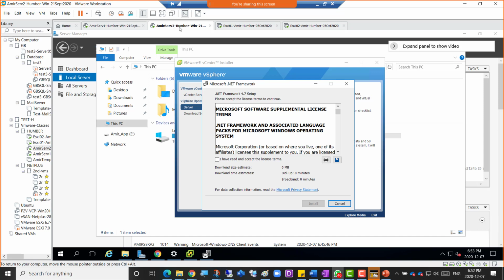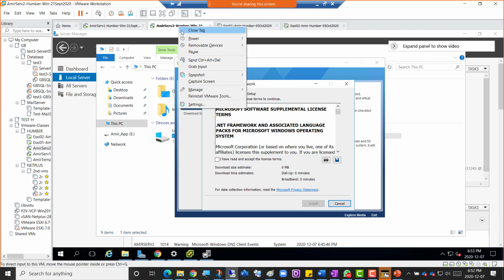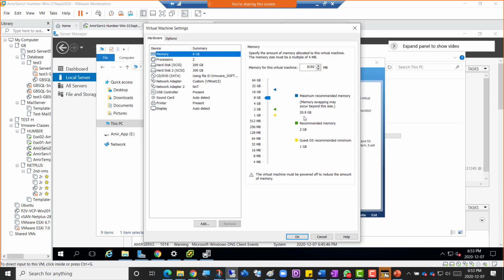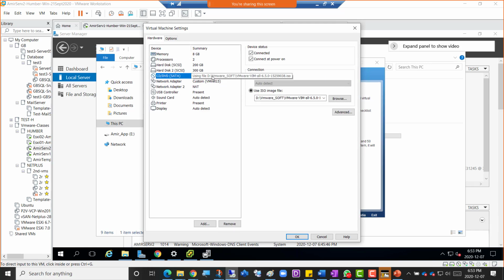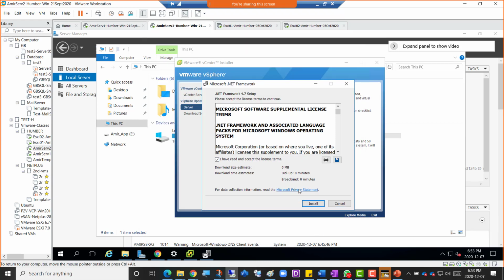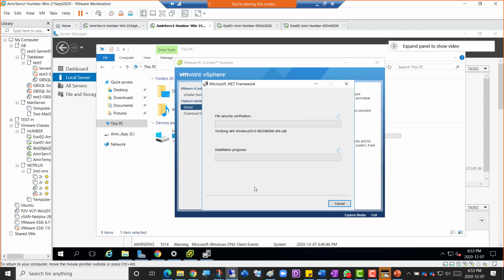Adigi, if you're seeing my screen here, that's the name showing there on WhatsApp for me. Right click on the screen and go to Settings and go to CD/DVD. Make sure that these two boxes are checked. I think one of your boxes is not checked. Make sure both boxes are checked and then press OK, and then you will see that. If the VM is here, these two boxes should be checked as well. Okay, hopefully that is it. I have read the accept and license terms, install. Yeah, connected.